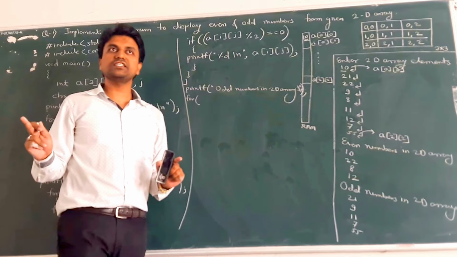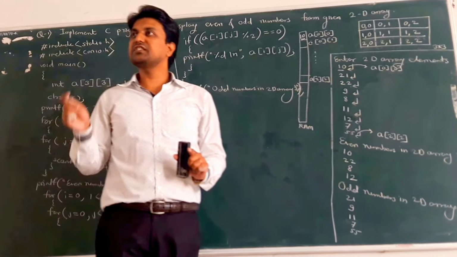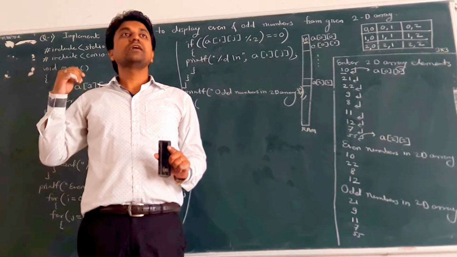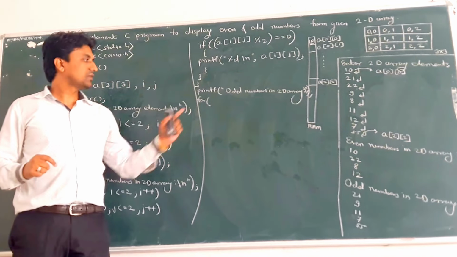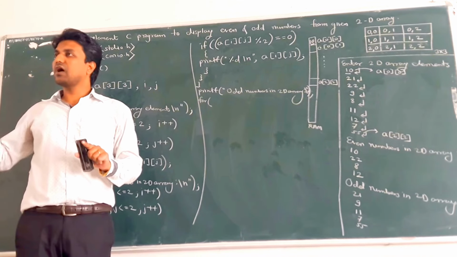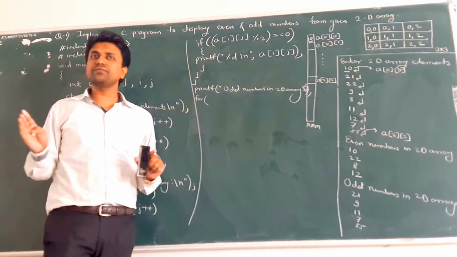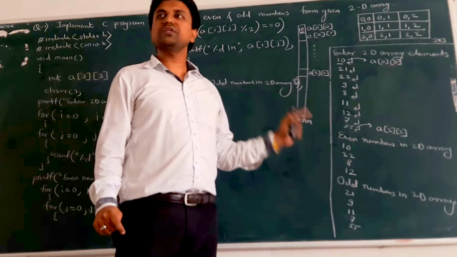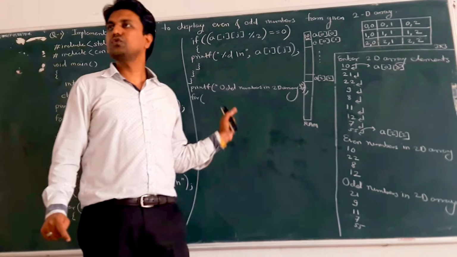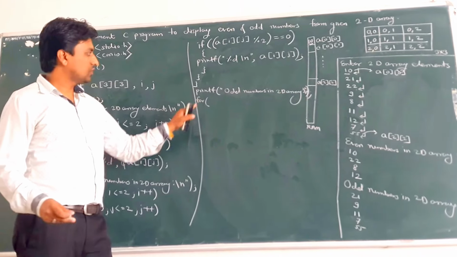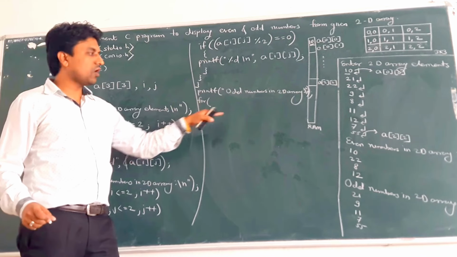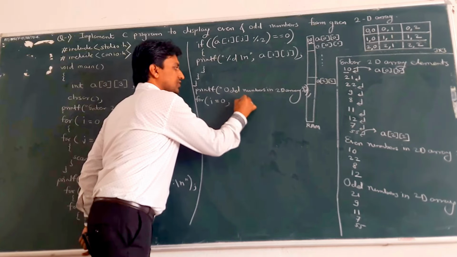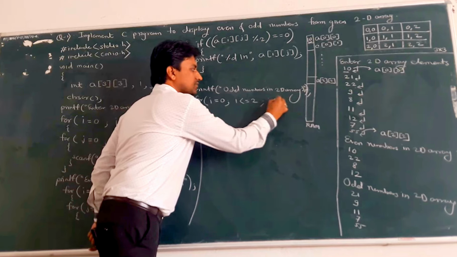If a one-dimensional array is there, for displaying purposes, that means we can display all one-dimensional array elements, or you can access or manipulate array elements, or add all array elements. For that, every time we can use one for loop if a one-dimensional array is there, and if a two-dimensional array is there, we can use two for loops. Clear? So again, we can display only odd numbers. For that also, we can use two for loops. i equal to 0, i less than or equal to 2, i plus plus.